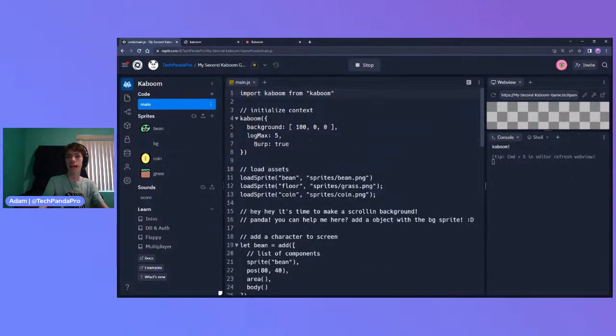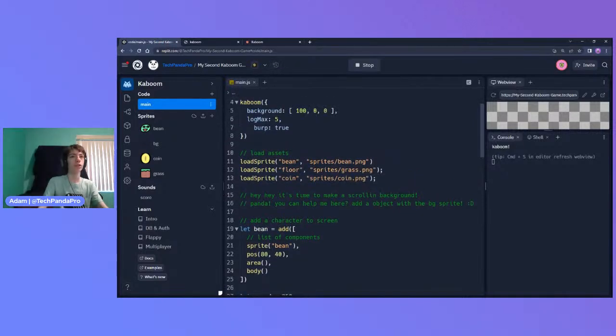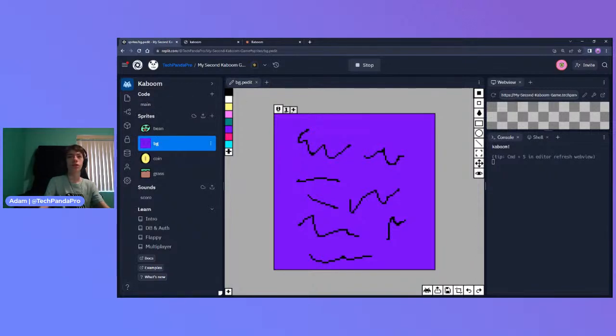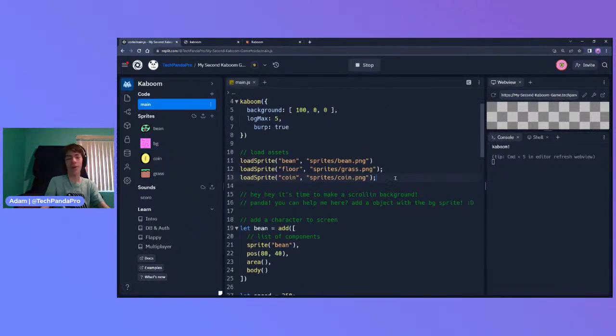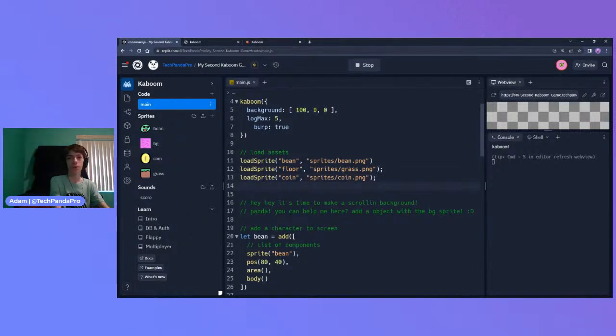And while he does that, I'm going to load in that sprite. Now, these files are a special type of sprite that I believe you'll be able to load in using load pedit. If I'm pronouncing that file type wrong, I apologize, but I believe you pronounce it pedit. So we're going to load pedit bg,